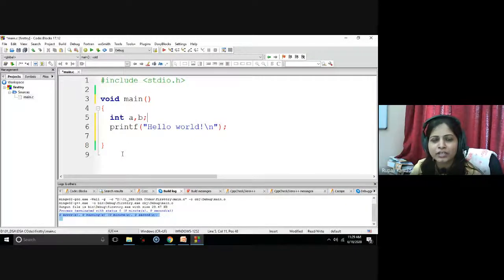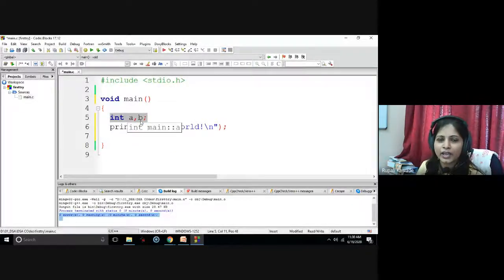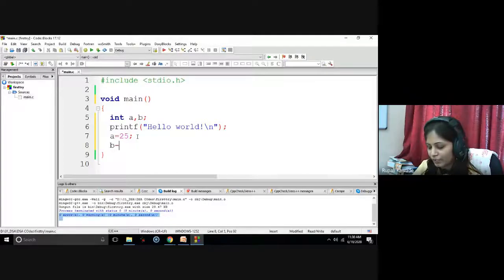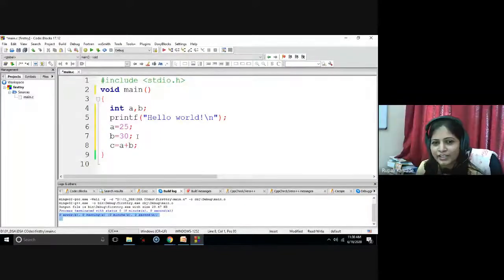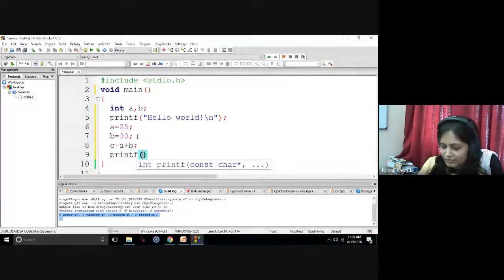What is the meaning of this curly bracket? Opening curly bracket, and the next one is the closing curly bracket, right? The opening one indicates the start of the main function body, and this curly bracket indicates the end of the function. How do we maintain this in Python? With the help of indentation, right? But in case of C, you maintain the start and end of a function or any block with the help of curly brackets. That is one difference between Python and C.